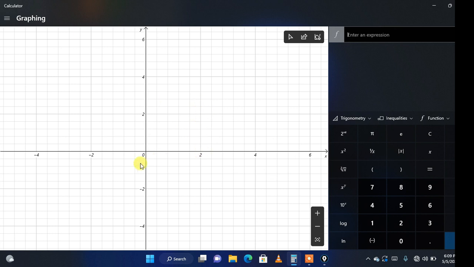This time around, we want to look at transformation of curves with particular attention to linear curves. Now, we want to remind ourselves of the fact that linear curves are curves which are of the form y is equal to mx plus c,